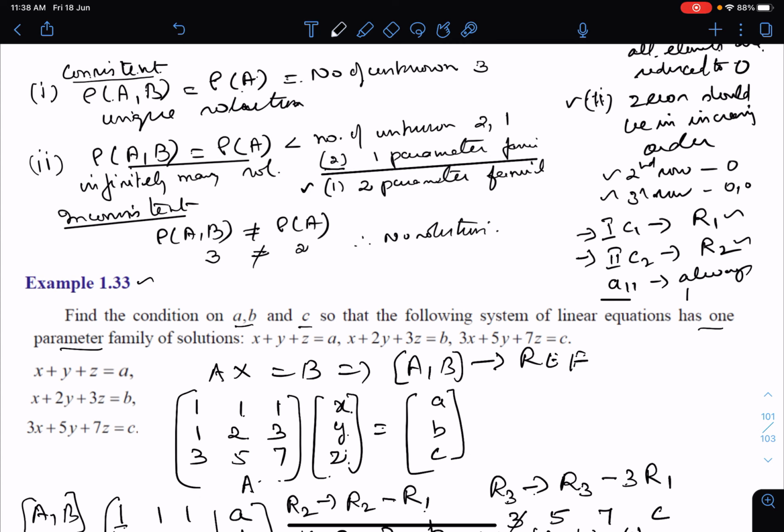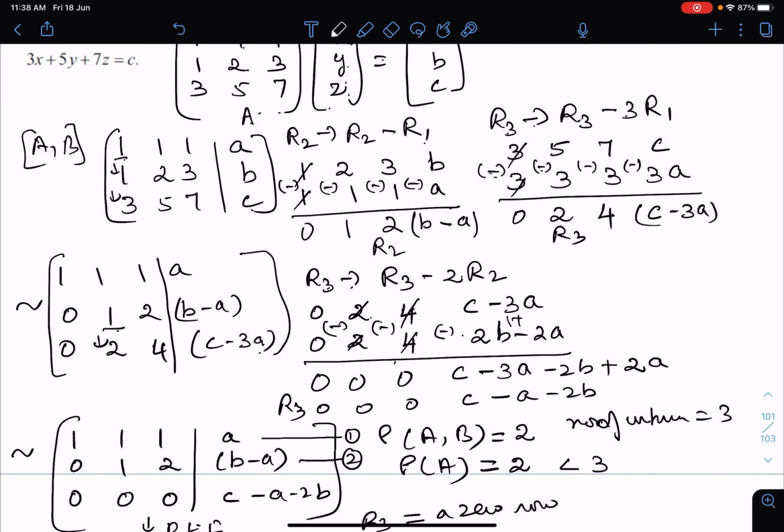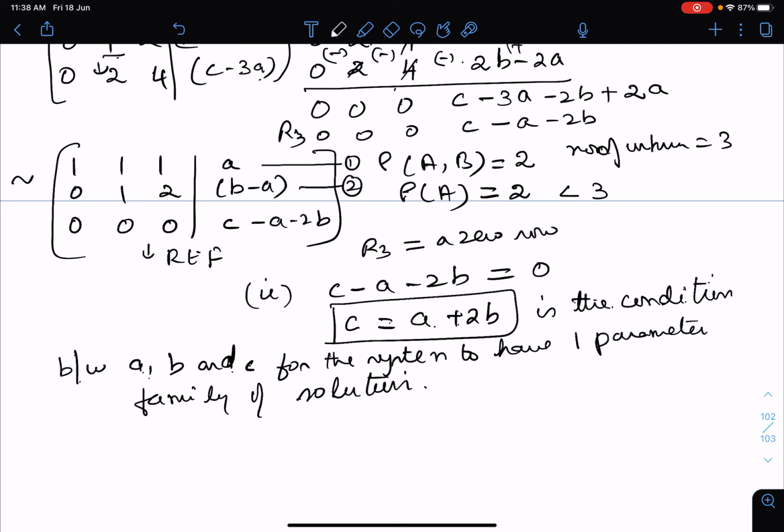Here if rank of A equal to rank of AB equal to rank of A, less than number of unknowns. Less than means it can be 2 or 1. If it is 2, then it has got one parameter form. Why one parameter form? Because for 2 unknowns you can find the values and the last one is going to be 0. So for that you are going to put some constant T or S, something that belongs to R. Okay, so it is called as one parameter family of solution. Okay, I hope this is clear as far as this problem is concerned. Thank you.